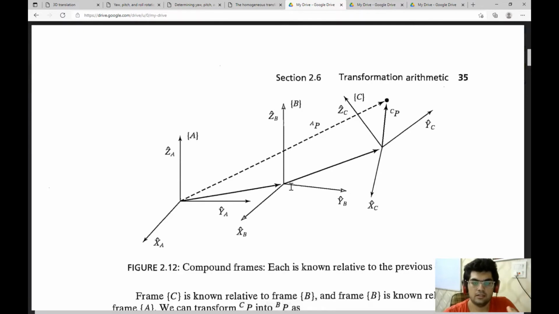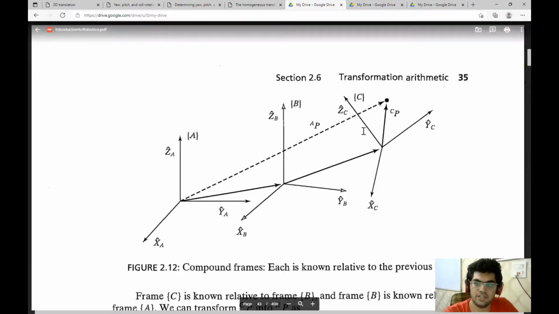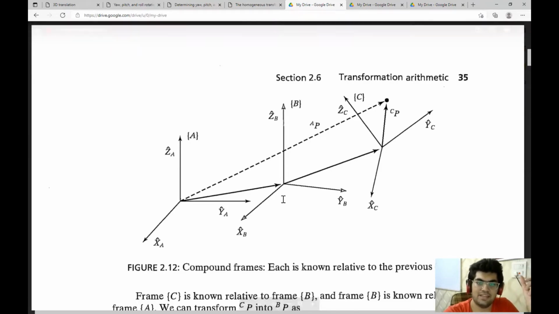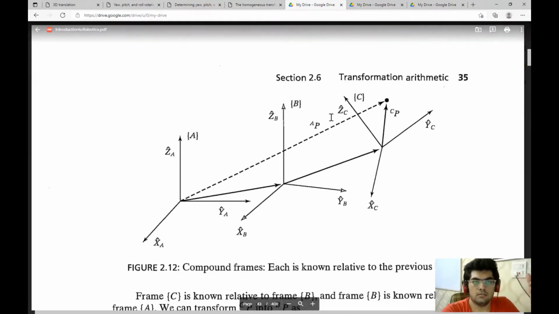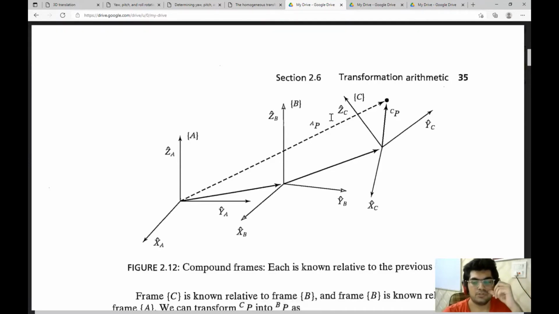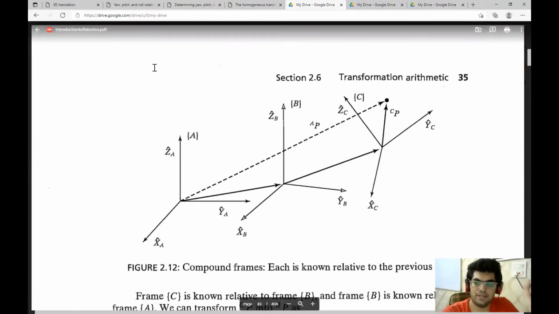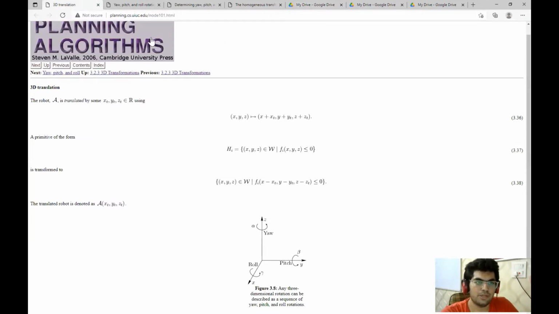And then to orient the frame, to give it a direction, we can rotate it along any of these axes, X, Y, and Z. We'll come to the more details later, but these are the two main components, and these are the ones that we will be implementing. So we'll directly come to the formula. The translation is the easy part. We just need to add the X, Y, and Z that we are given.